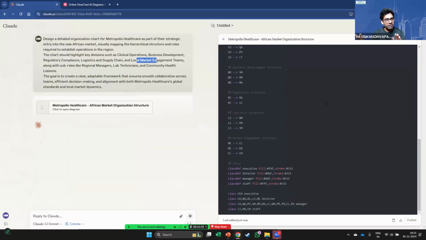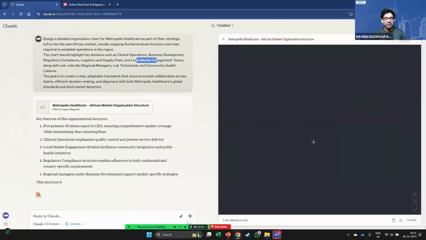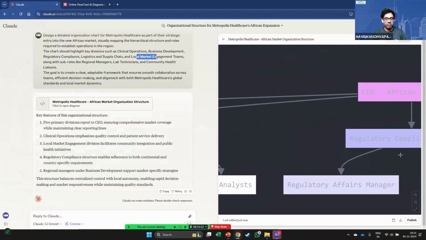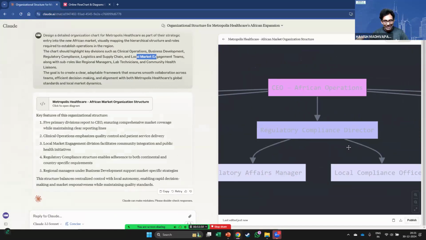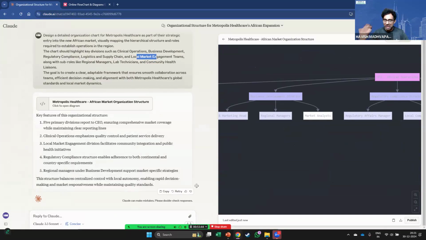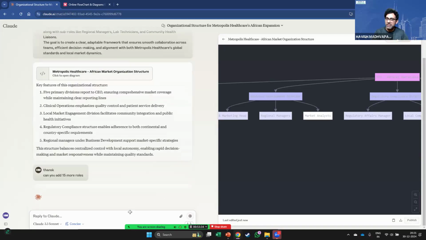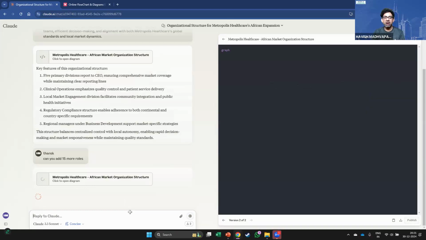And as you can see, even if I had uploaded my own organization profile, it would have been able to create an org chart for me that looks like this. In this case, I asked for the international market, for the African market. So that is what it has done. And if you say, thanks, can you add 15 more roles? It can really understand that level of complexity, which otherwise would have been very hard for you